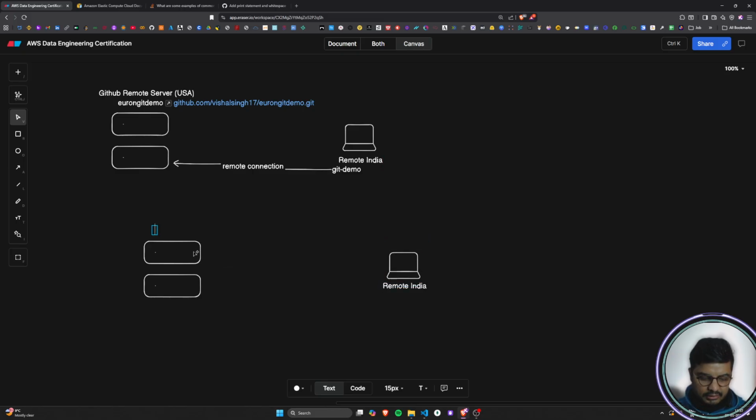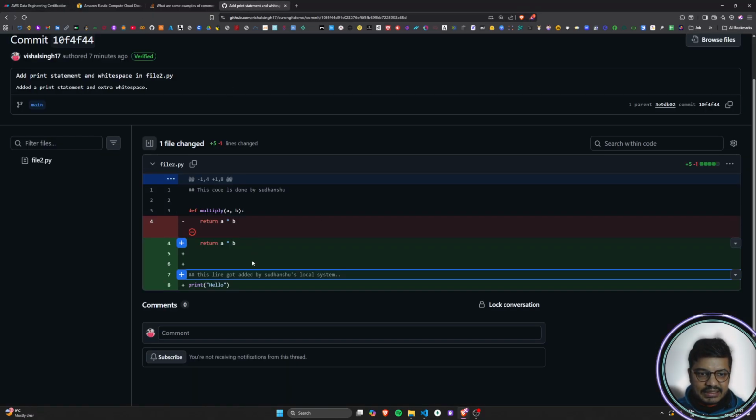So this is my Git server, sorry, GitHub server, I can say. Now when I want to get the code, just in a similar way, when Sudhanshu pushed the code from his local system,